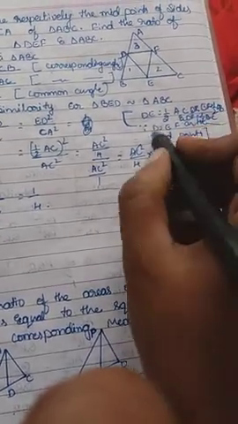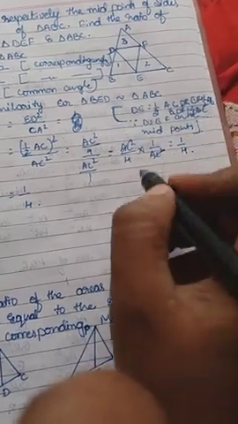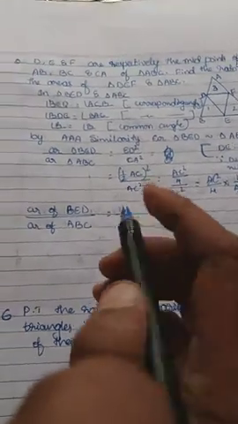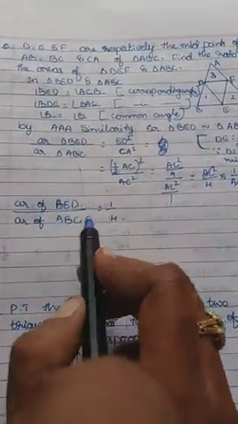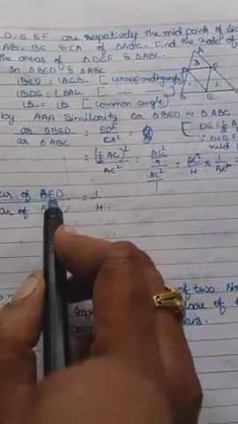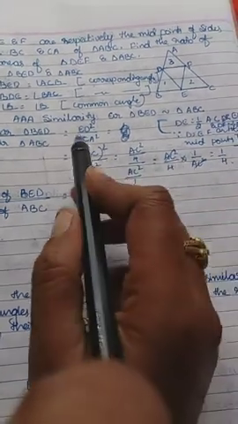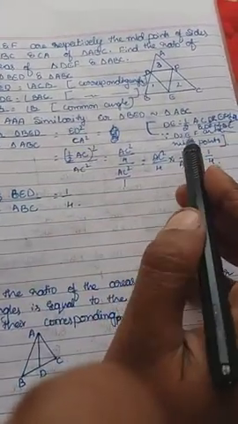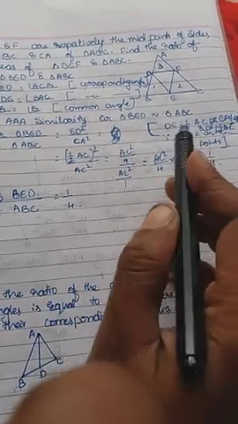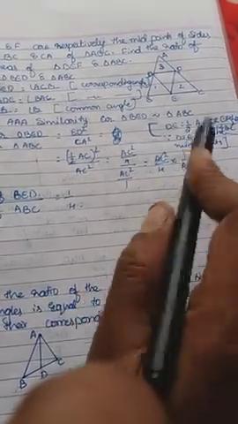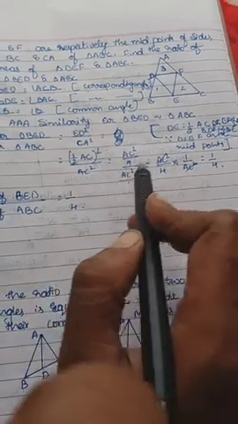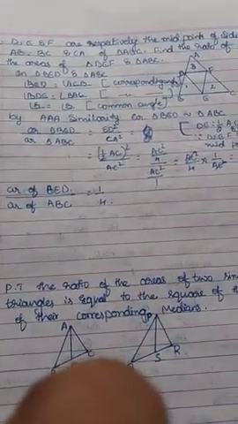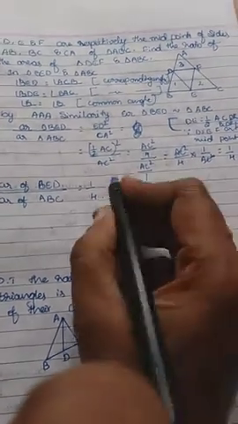Why should it be? Because D, E, F are the midpoints. That's all. So similarly, in one triangle we have proved the area ratio. I hope you understand: divided by AD square, instead of ED we can write AC, because DA and ED are both the same, and CA and AC are both the same. AC square gets cancelled, and we can write 1 by 4. So in the same way, similarly